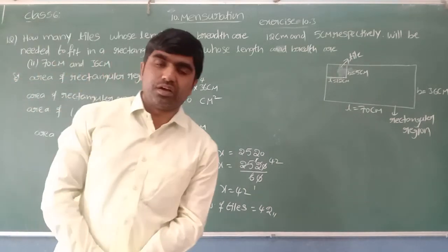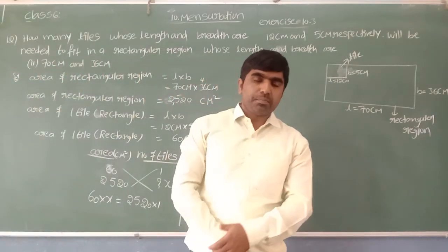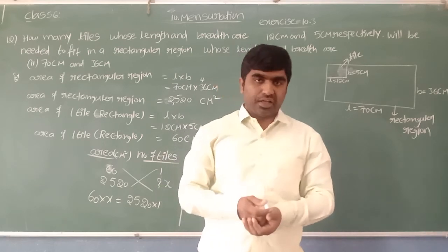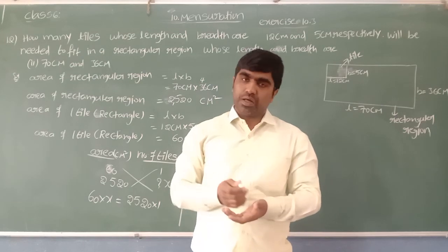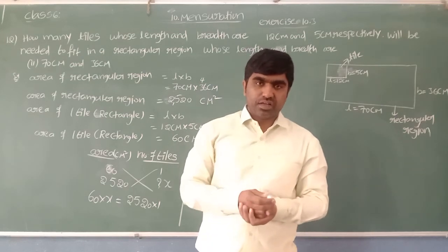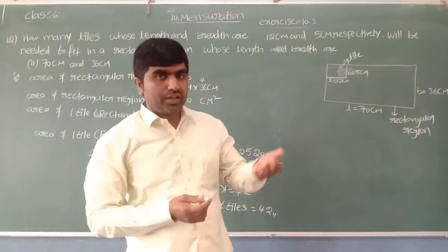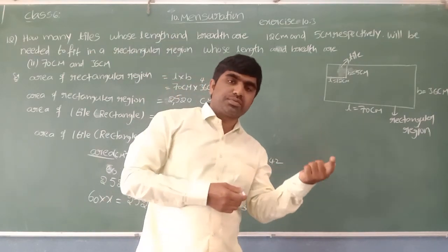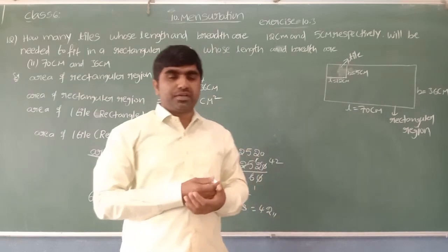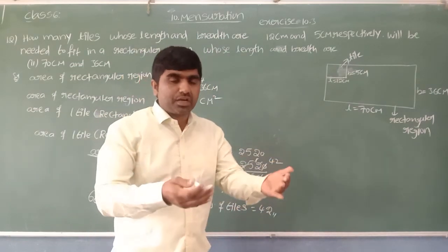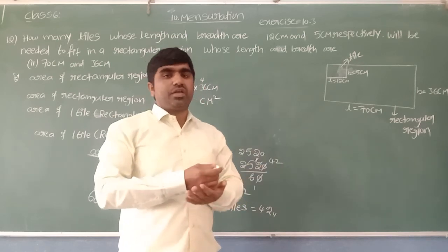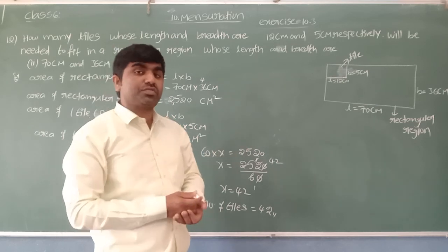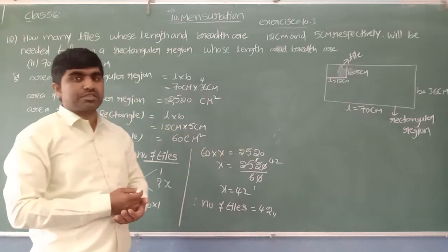Yes. Today in class we learned some applications based on area of square and rectangle. So you know the formula, apply the formula, you get the results. And when you are going to find the area of rectangle, length and breadth must be in the same units. They must be both in centimeters or both in meters. If they are different units, we have to convert them to the same units. Then you find the area of rectangle. And also the units of area are square units. Hope this concept is clear to you all.